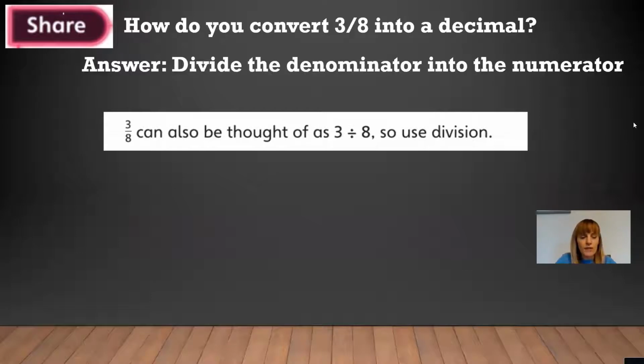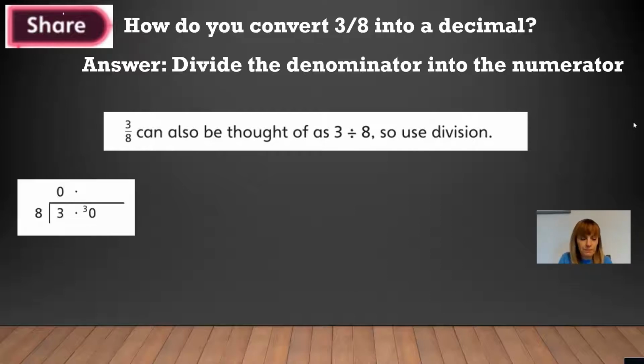Now, some people get a bit confused because they're dividing the smaller number by the larger number. But if you think about it logically, it does make sense because it's a fraction of an amount, which is usually less than 1. So our decimal is going to be less than 1. So we are going to end up with a really small number. So the best way to do this, I find, is with a bus